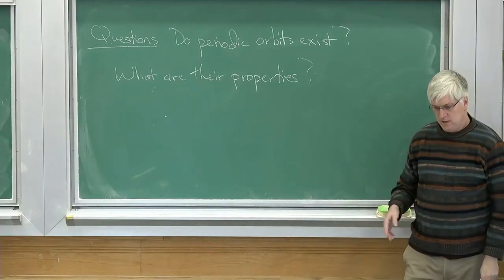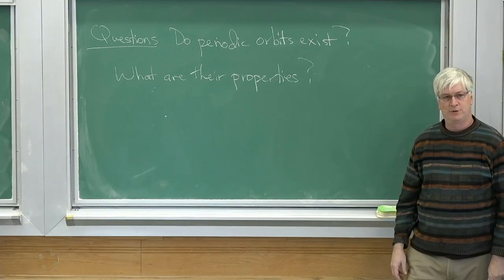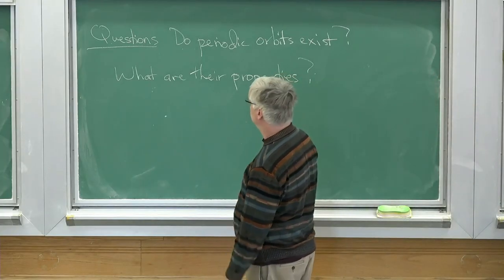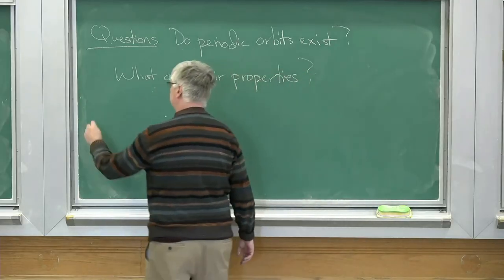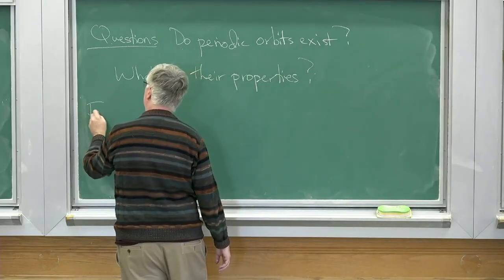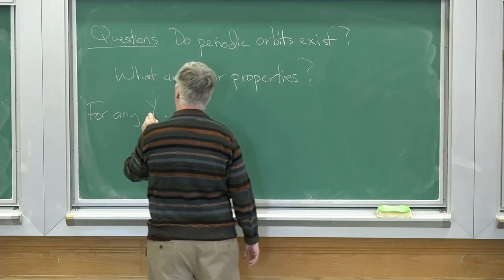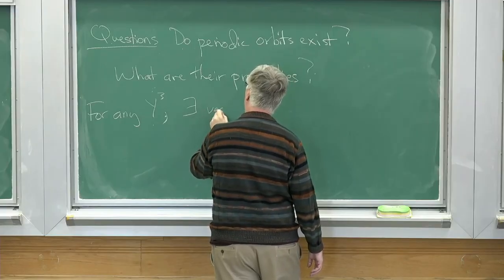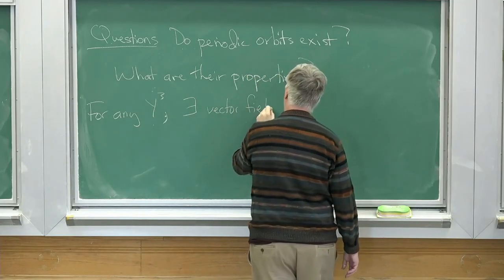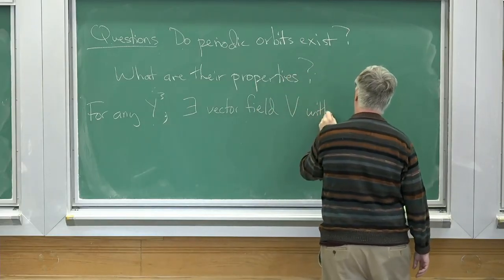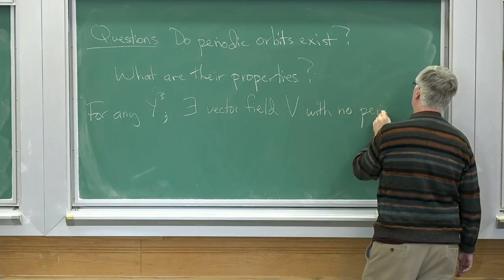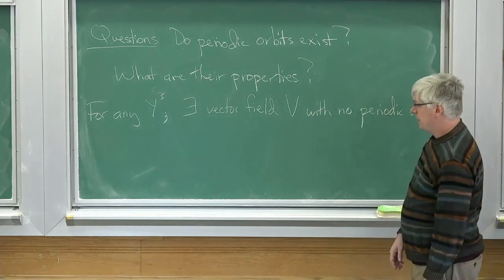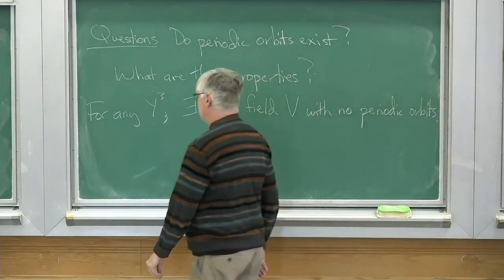Well, it's pretty easy to make examples of vector fields with no periodic orbits, although it's actually pretty difficult on S^3. For any three-dimensional manifold, there exists a vector field V with no periodic orbits. So an easy example